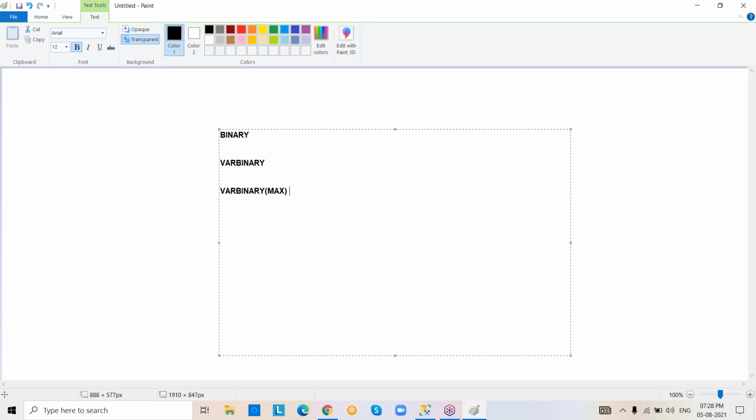Right. So these are the different scenarios and different data types we have in SQL Server. This is the way we are going to work with different types of data, and store different types of data in the SQL Server environment.